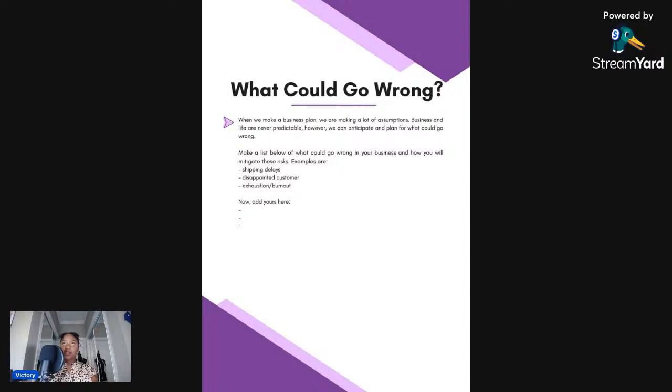When we feel exhausted, there's this saying that I have on my fridge. It says, when you get tired, learn to rest and not quit, right? So when we get tired, it means it's time to rest. It doesn't mean it's time to just throw in the towel. It's okay for us to take breaks. It's okay for us to rest. So have a contingency plan.